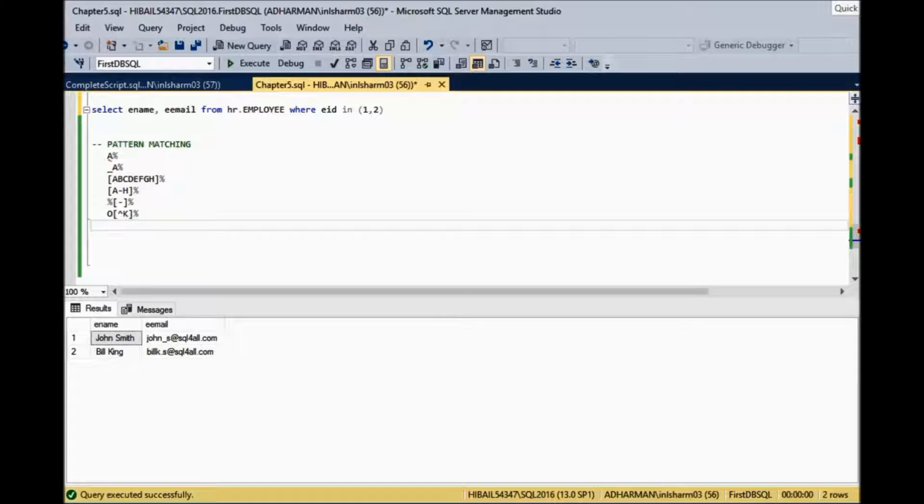Now let's discuss pattern matching. What happens in pattern matching is, if you're not sure about the exact value of a particular field in a particular table, then you can use pattern matching. So for example, in our case, if we want the employees whose name starts with J, what we can write